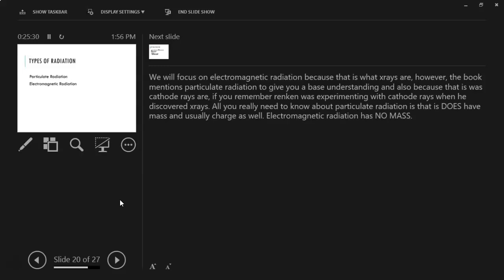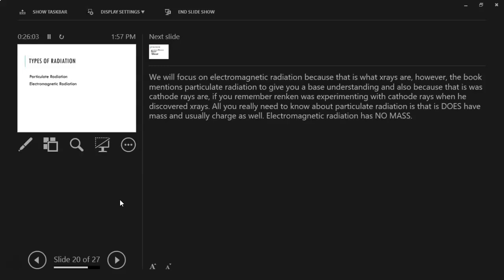They're electromagnetic radiation. However, the book does mention particulate radiation to give you a base understanding, and also because this is what cathode rays are. If you remember on Monday, when we talked about who discovered X-rays, Roentgen was working with a cathode ray. That's what he was working with, and that is particulate